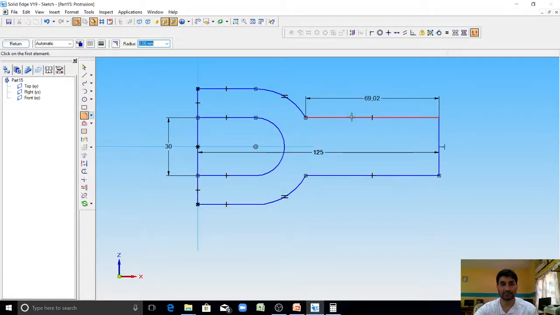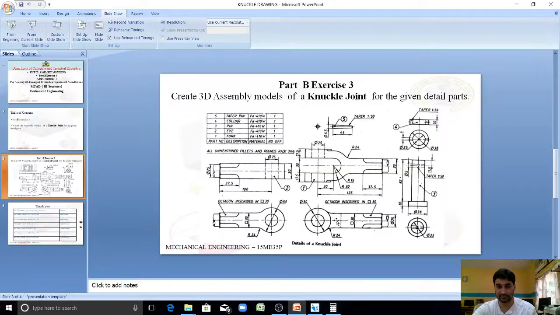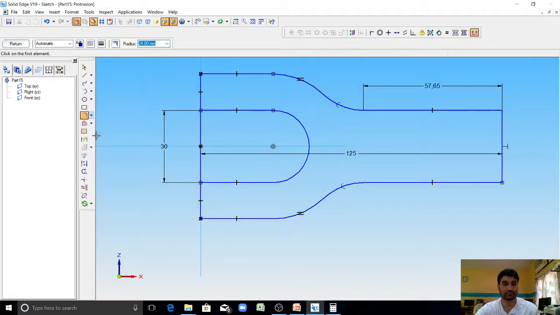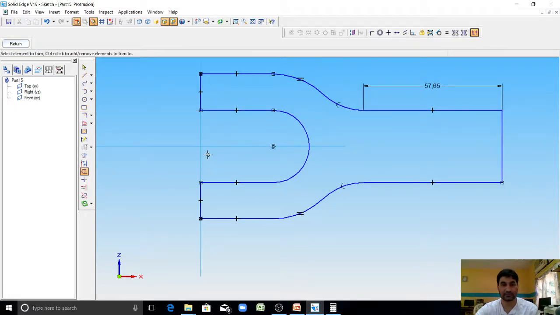Using the fillet option, give the fillet between these two as 24, which is mentioned in the drawing. Similarly here, you can see this radius is 24. Now trim this line, which is also not required.